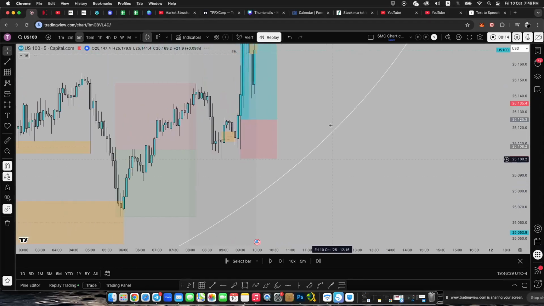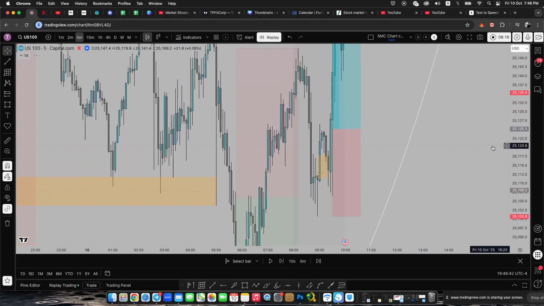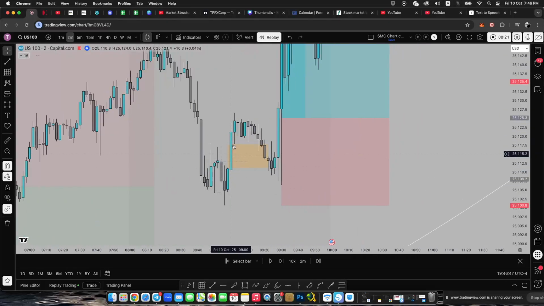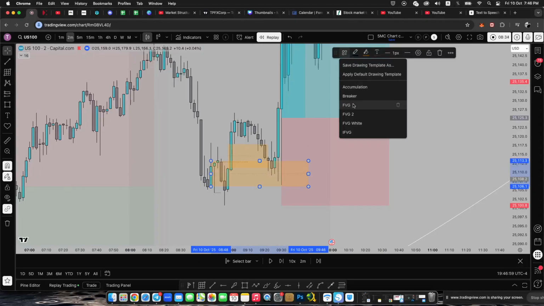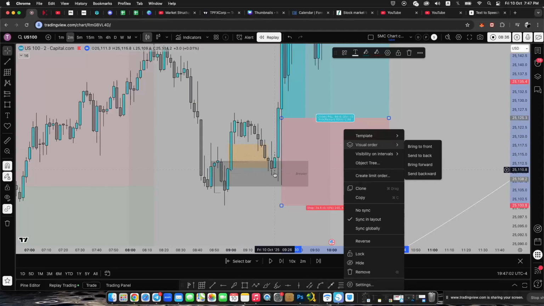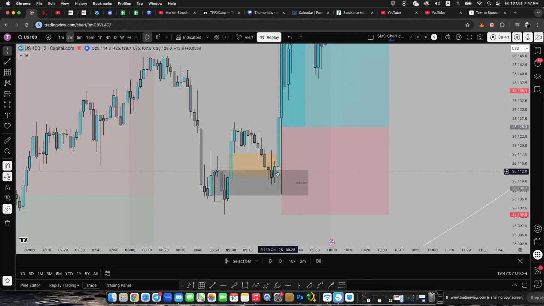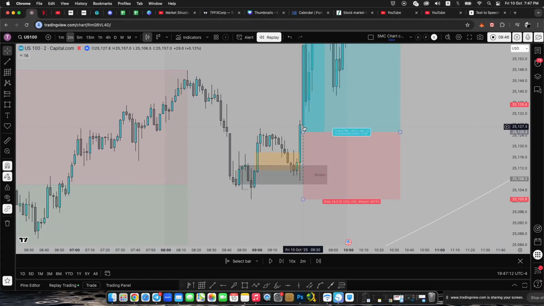So it was a matter, in this case, of that change in the state and that big explosion to the upside. So I had a breaker block. I had a fair value gap. So this breaker block right here, you can see that price pulled back to the breaker and to the fair value gap as well, right? And then at what time was this? It was 9:28. So it was actually this candle. When this candle started, it opened. It was starting to move.